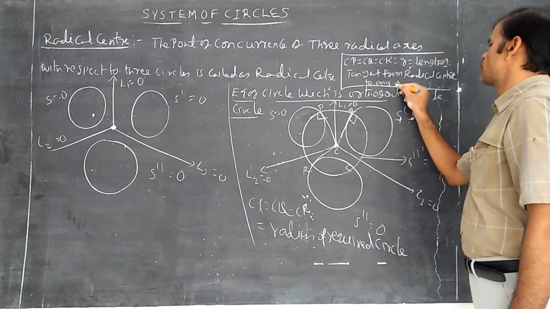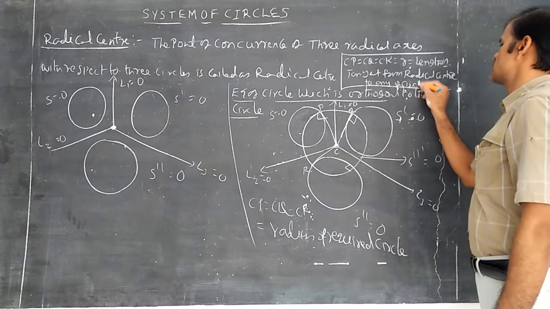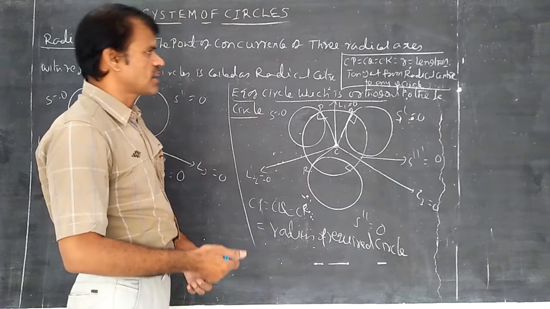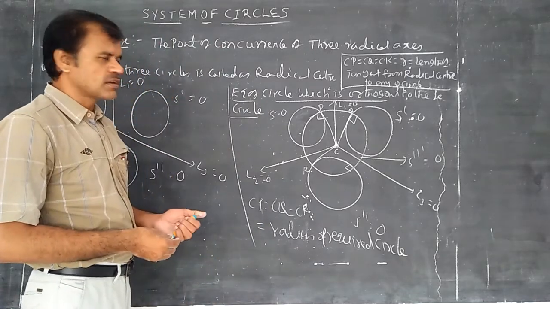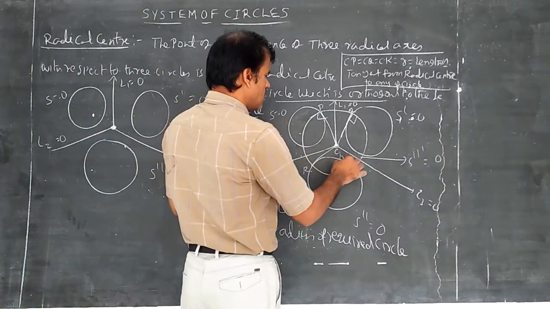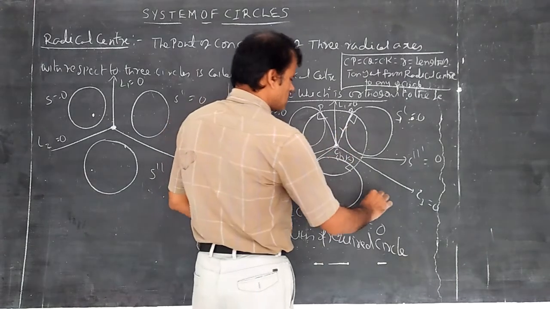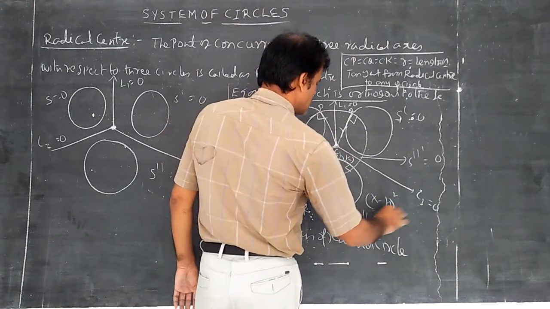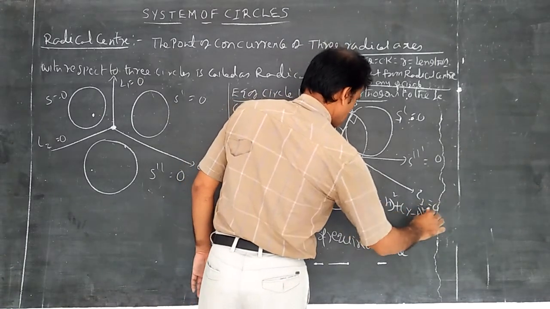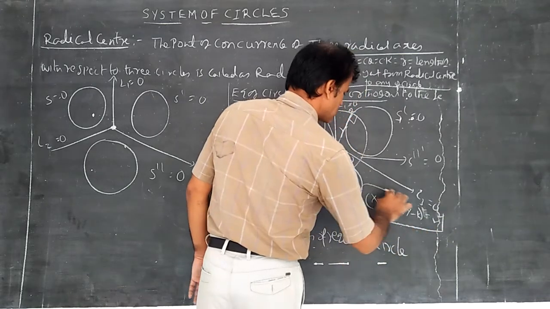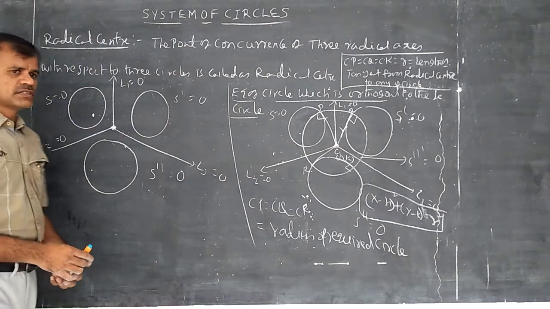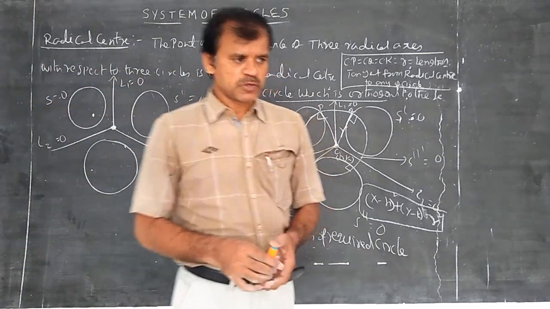There is no question of first circle, second circle or third circle, because the radii are equal. We can get the radical center. The length of the tangent from the radical center to any circle is nothing but the radius. By using the formula, with center C equal to h comma k and radius r, you can write the equation of the required circle as x minus h whole square plus y minus k whole square is equal to r square. This is the theory that depends upon the radical center. This is only the exercise 2b concept.